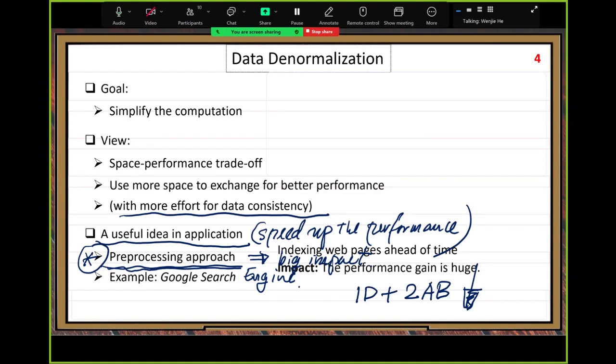So the topic is data denormalization. The idea is we intentionally add data redundancy in our original data. So when we look at the data normalization topic,